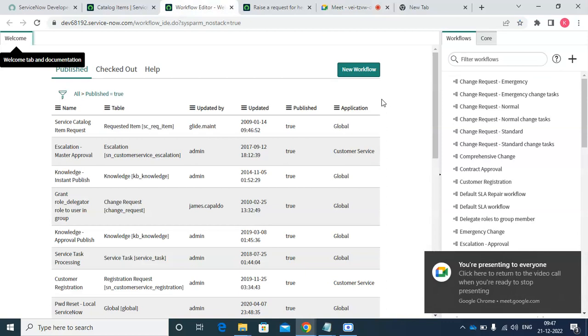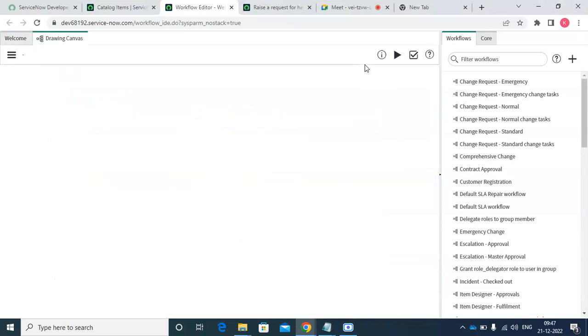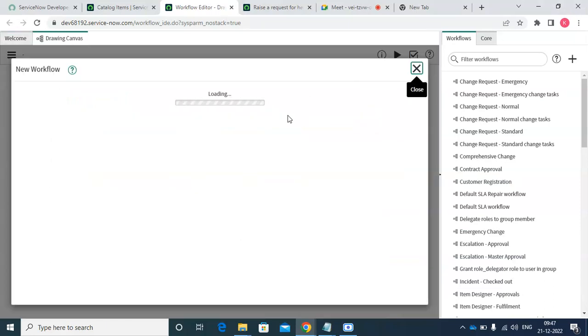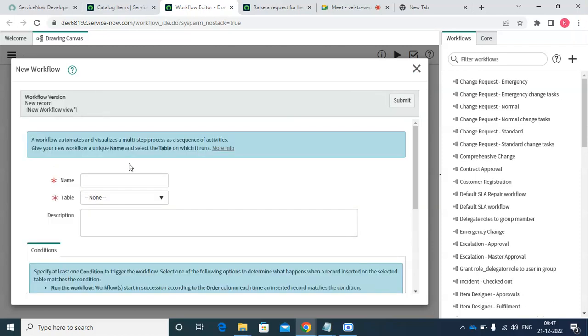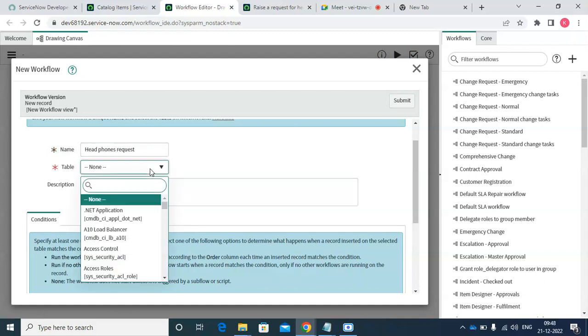This is the workflow editor. I'll just click on New. Here we can write the workflow name. So I'm just naming it headphones request, and the table is